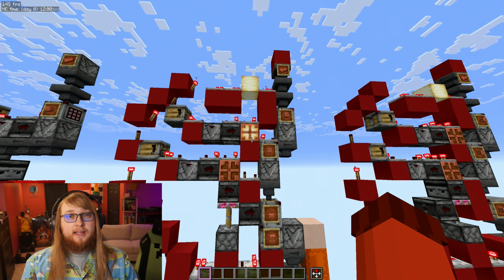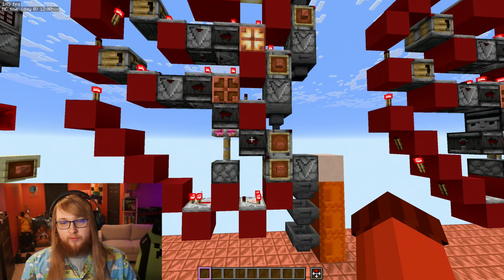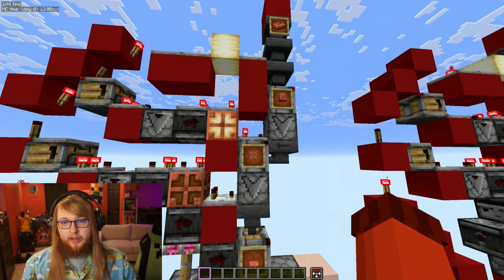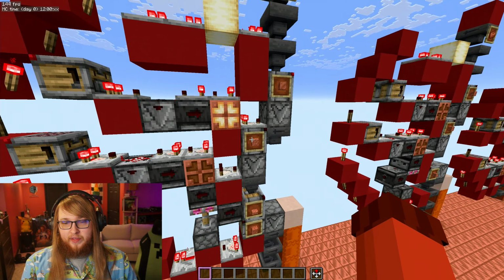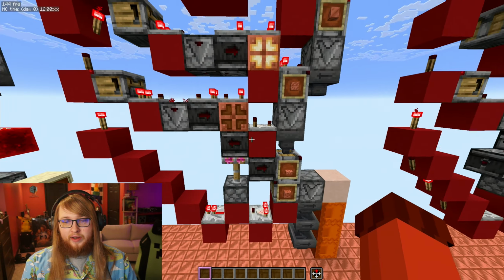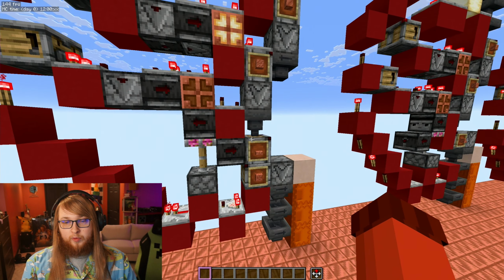So this one is almost exactly the same as that one, just a little bit of reshifting here at the bottom to fit this extra crafter in, but the principle is the same. It takes ingots into here, waits for it to fill up and pulses that. Then it takes the blocks into here, waits for it to fill up and pulses that. And then it comes down, and once these are empty, this will be pulsing, and it will pulse both of